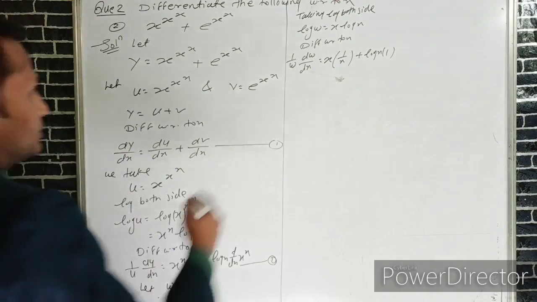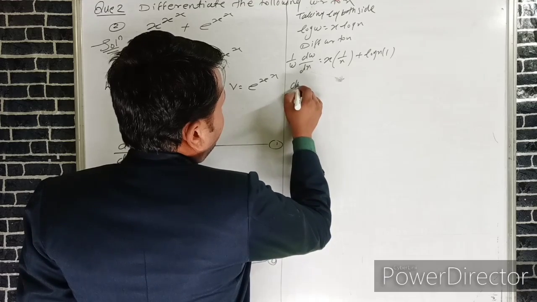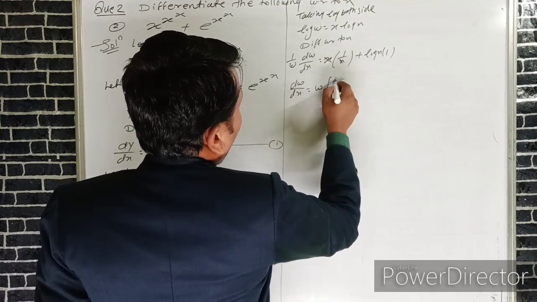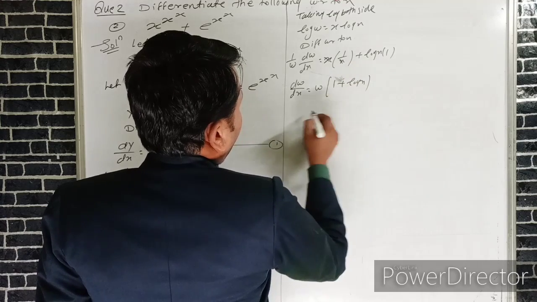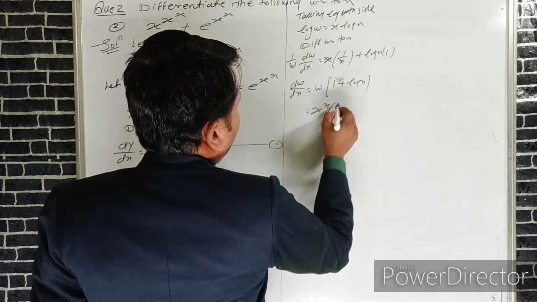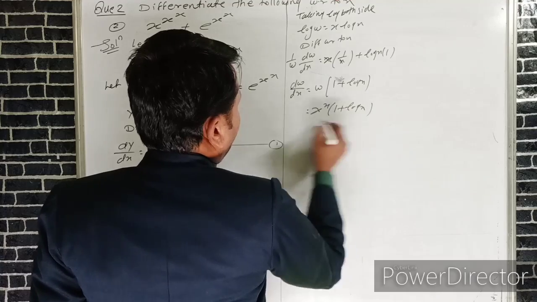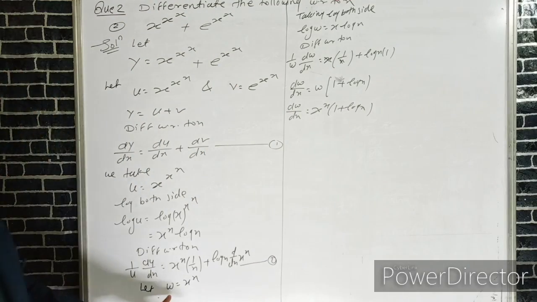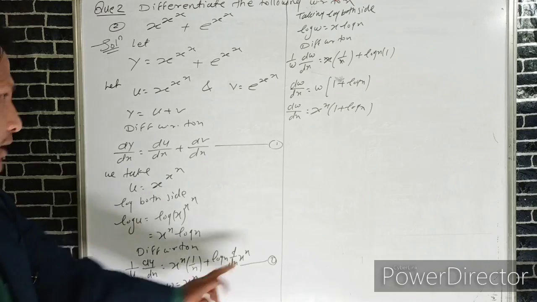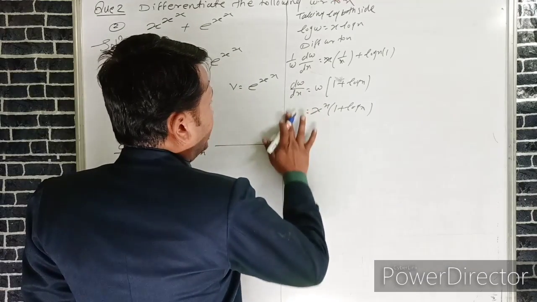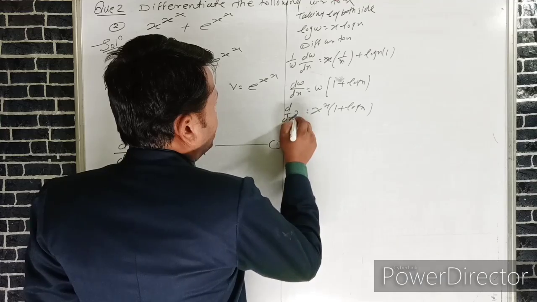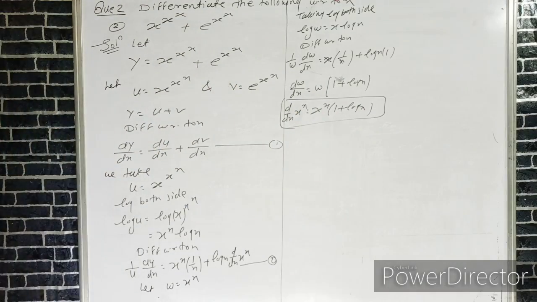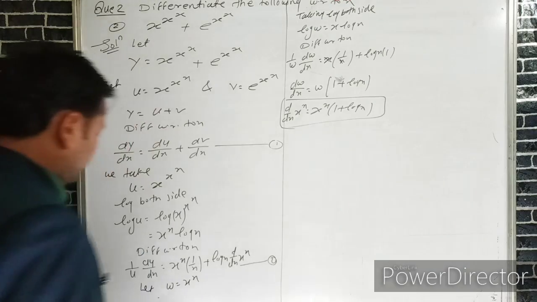Again we can write it on the right side, then dw by dx is equal to w into, x cancels 1, plus log of x. Hence we can write x raised to the power x into 1 plus log x, which is the required value of dw by dx. If we put this value, since the value of w is x raised to the power x, hence the derivative of x raised to the power x is x raised to the power x into 1 plus log x. Therefore, equation 1 becomes